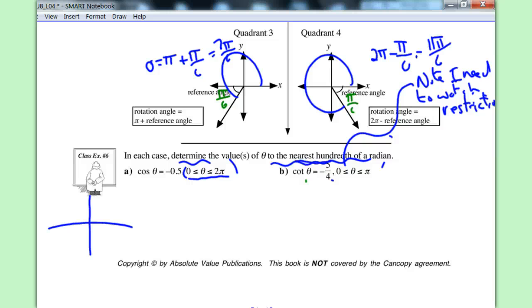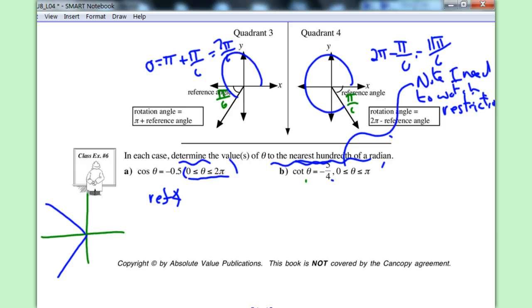So I put this in quadrants where cosine's positive. So I use the CAST rule. Cosine is negative, I'm sorry. So cosine is negative in quadrants 2 and quadrants 3. I then go and find my reference angle. And my reference angle here turns out to be